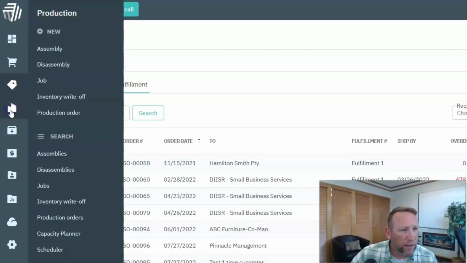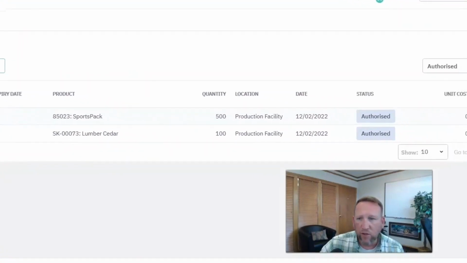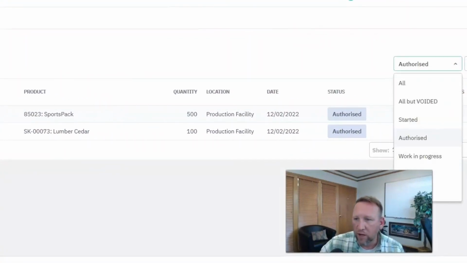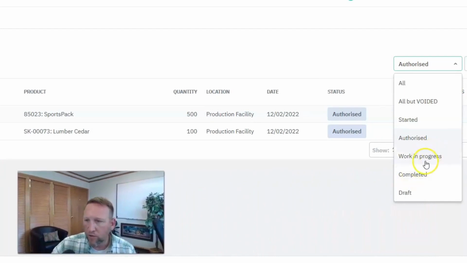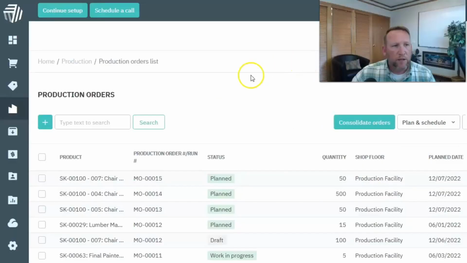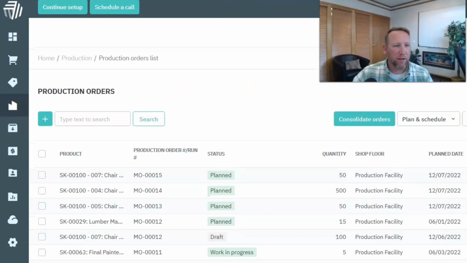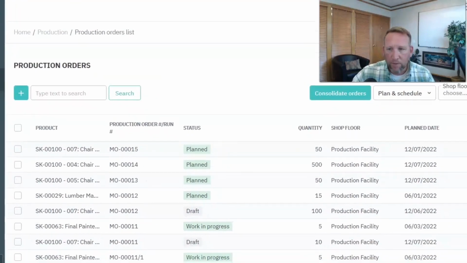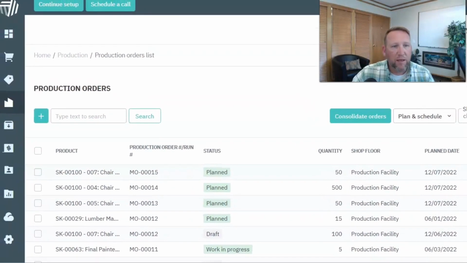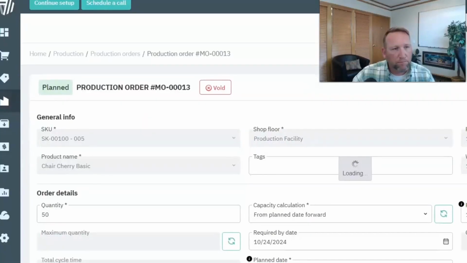And of course, on the production side, we also have a similar screen that shows us the status of production to push production through its progress. So a similar screen for production orders, which are more of an advanced type of assembly with multi-levels and the capacity planning I was talking about, the Gantt chart and whatnot. Here's the visibility that will be helpful for seeing the status of these different production orders if you're in more